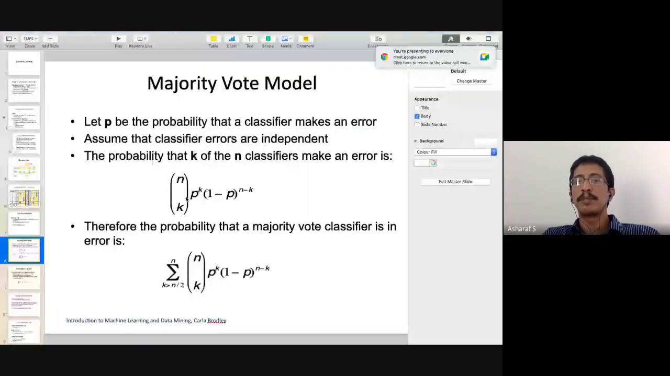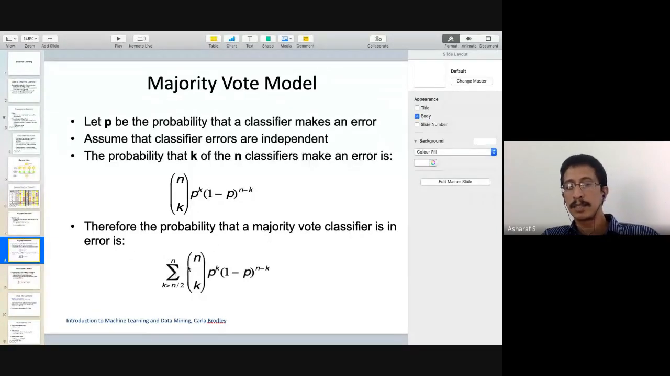So the probability of the error is P, which is considered to be the counted outcome, the success or whatever. So K out of N is chosen with probability P, so P to the K, (1 minus P) to the N minus K. Therefore, the probability that a majority vote classifier is in error is the sum of N choose K, P to the K, (1 minus P) to the N minus K, where K can run from more than N by 2,